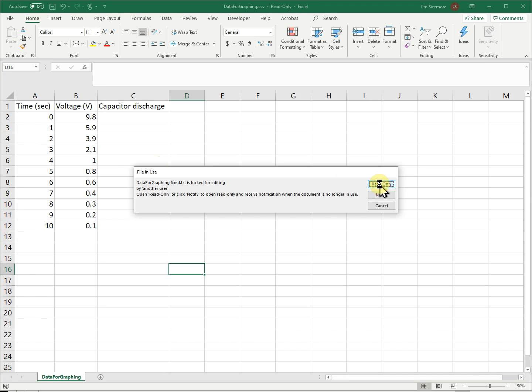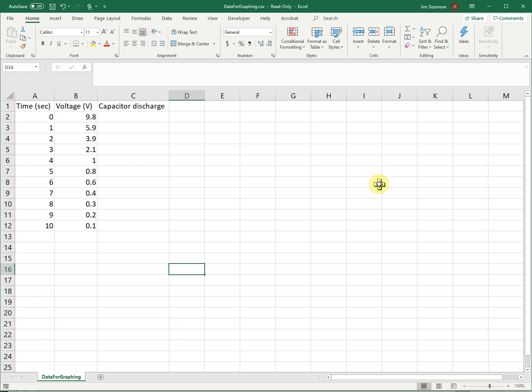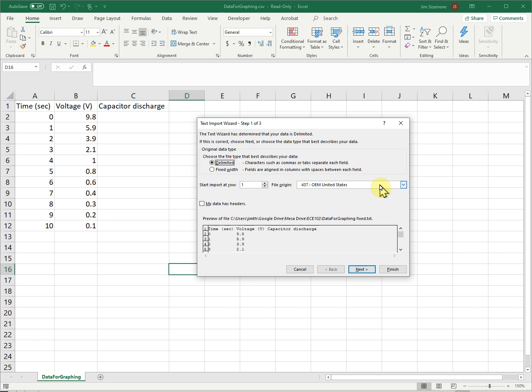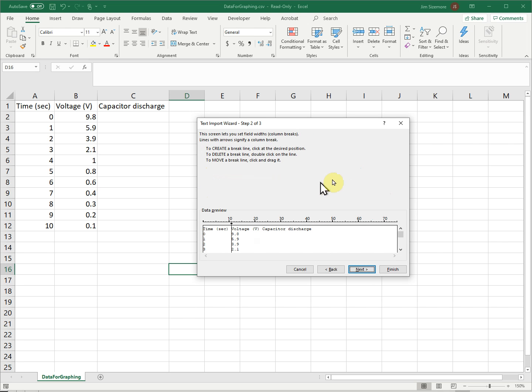So yes, read only again. It thinks it's delimited, but it's not. You have to change it. And your data has header rows. So let's go next. And it does a pretty good job of choosing